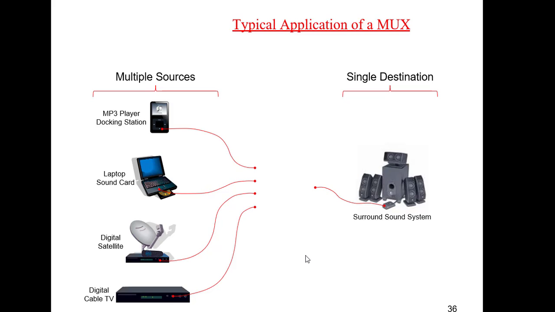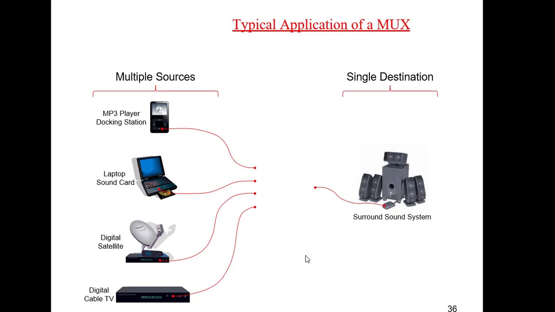So what do you have to do? You have to buy four different sound systems for these four different sources, or can you map this particular sound system to all four sources? Is it possible? What is your idea? You have to buy the sound system four times, or in one sound system you connect these four sources and select whichever you want. Which one is the best option?